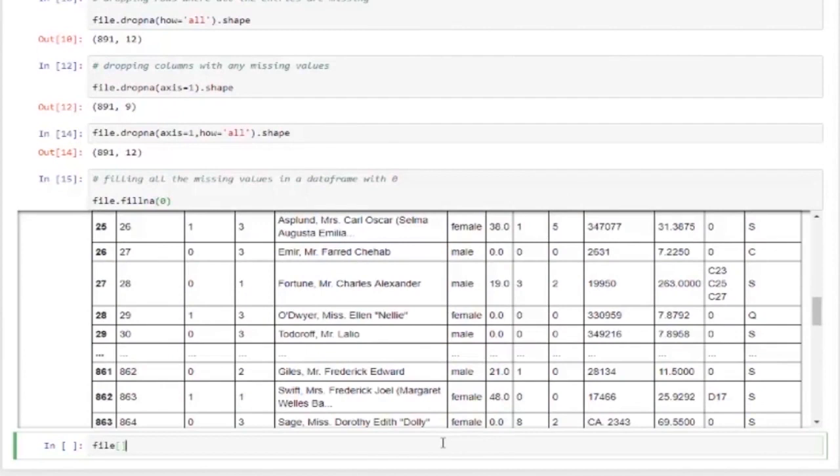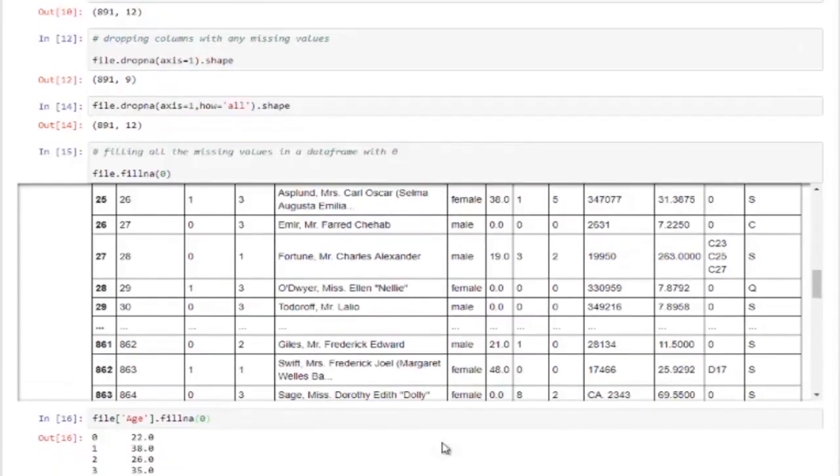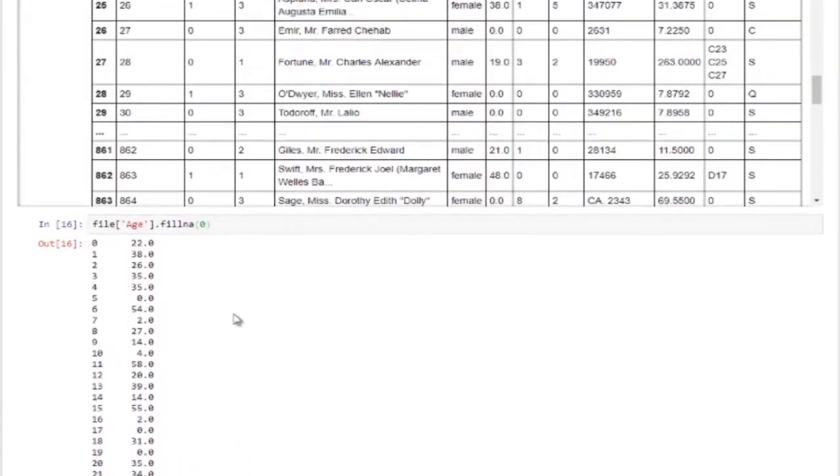First of all, we'll be accessing the age column. Once we have access to that, we can use fillna with the value that we want to fill. So this will return the column with the missing values replaced by 0. This is how you can impute missing values in a particular column with any particular value.